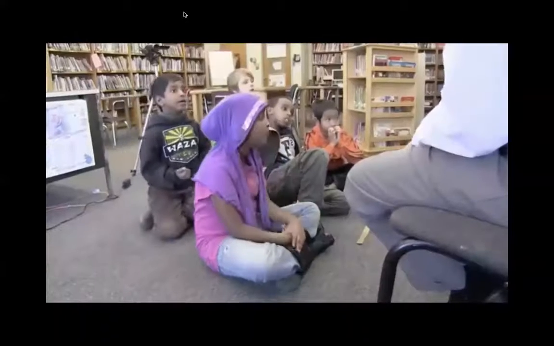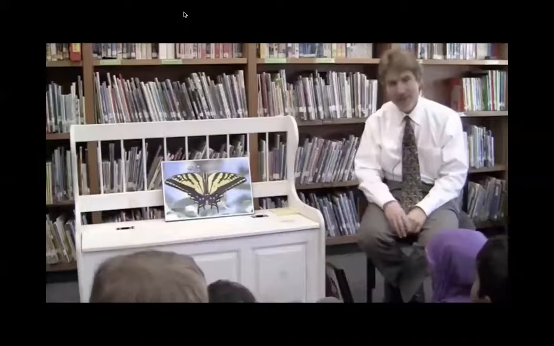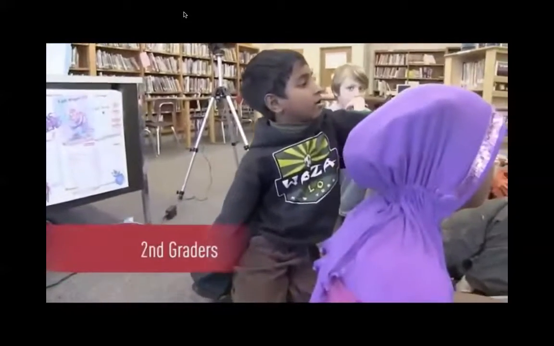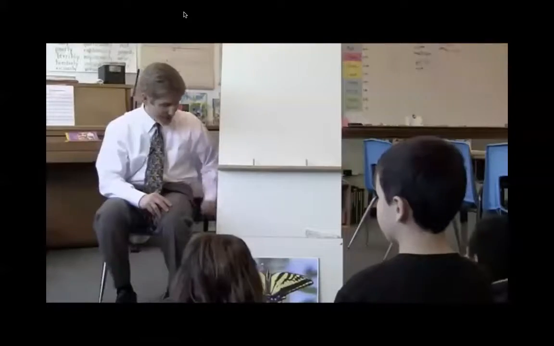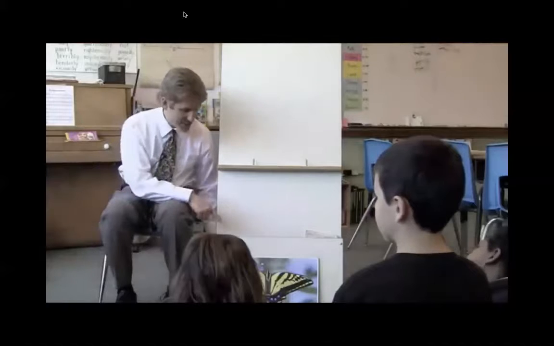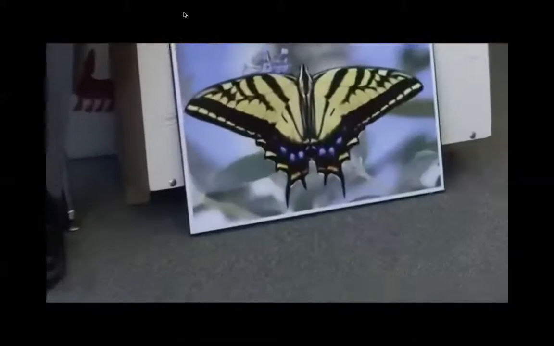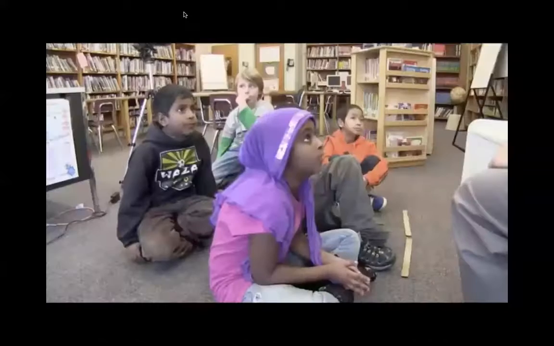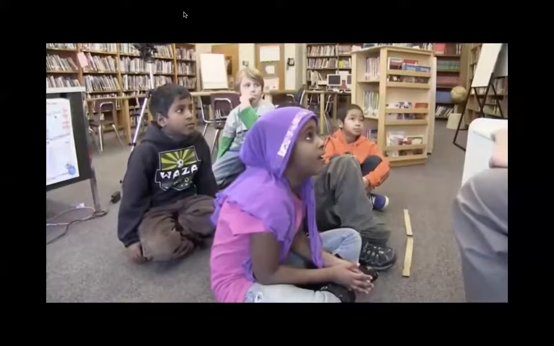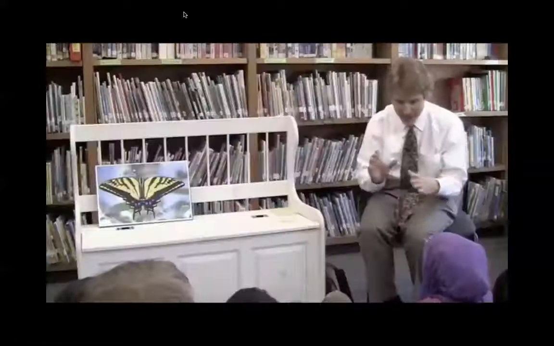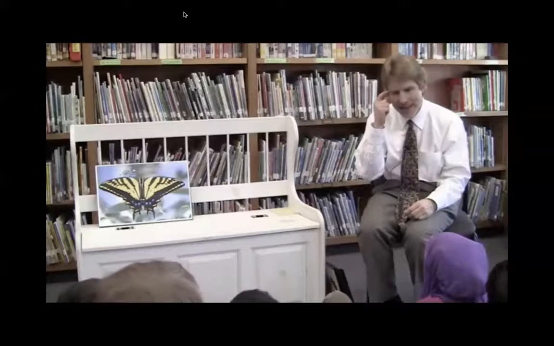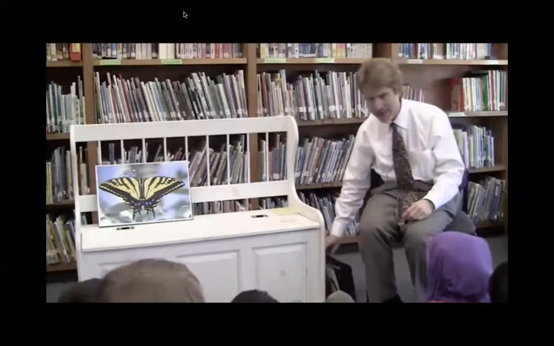I knew it! Can you tell, Toby, why it's called tiger? Because it kind of has the stripes of the tiger right there. Good. So here was Austin's job. He was supposed to do a scientific drawing of that butterfly. But remember, Austin was only in first grade. And you know what he did? He forgot to look like a scientist carefully. He got his paper and he just started to draw the image of a butterfly that he had in his head. And he wasn't looking like a scientist.